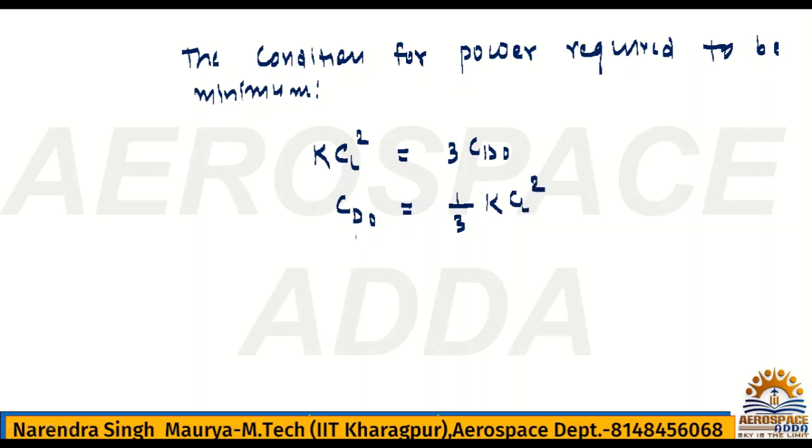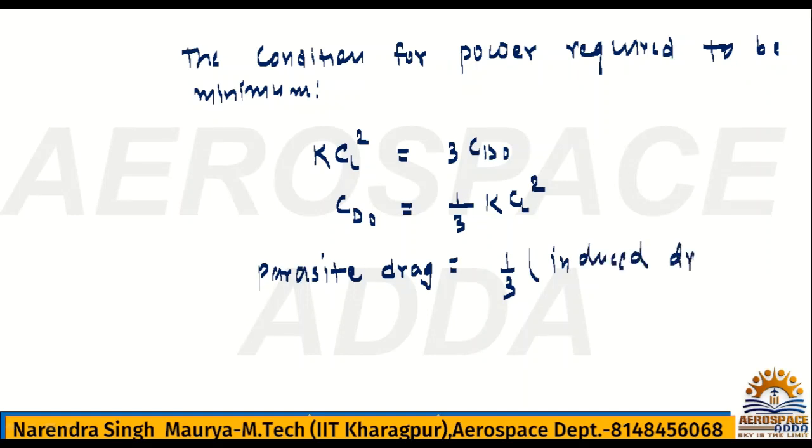What is the KCD naught? KCD naught is nothing but parasite drag, 1 upon 3 times of induced drag. So basically KCL square also